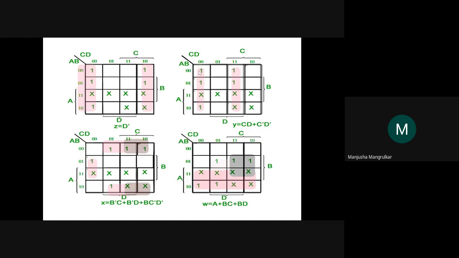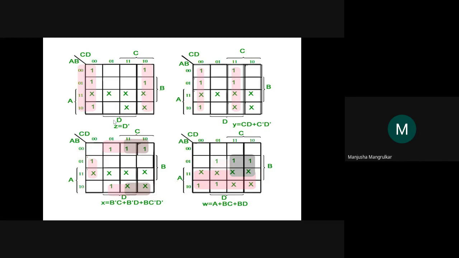Now we can see that it's just the 4 bits here, these two. If I'm taking these two, A and B are changing for all the bits, but only C and D, C complement and D complement, are constant for this complete bit. So what is the answer for this? It is C complement and D complement. The same as here, A and B are changing for all the bits, only C and D are constant. So Y is equal to CD plus C complement D complement, right?